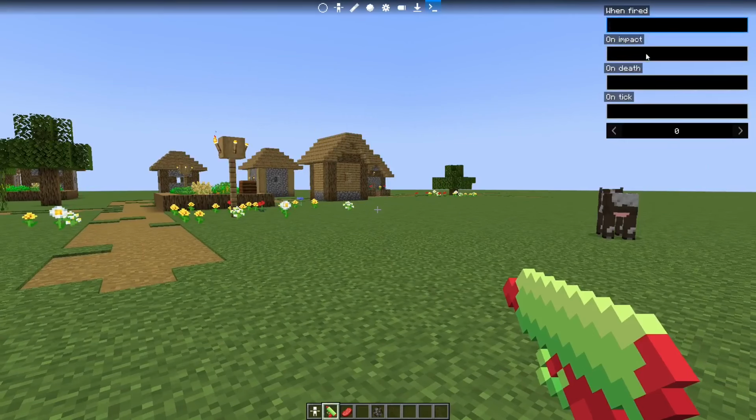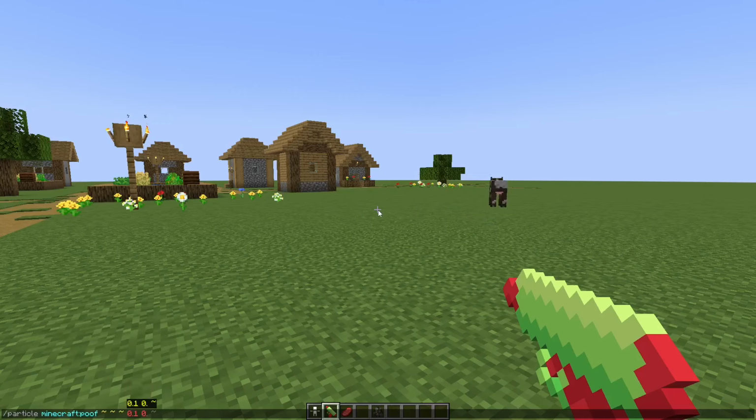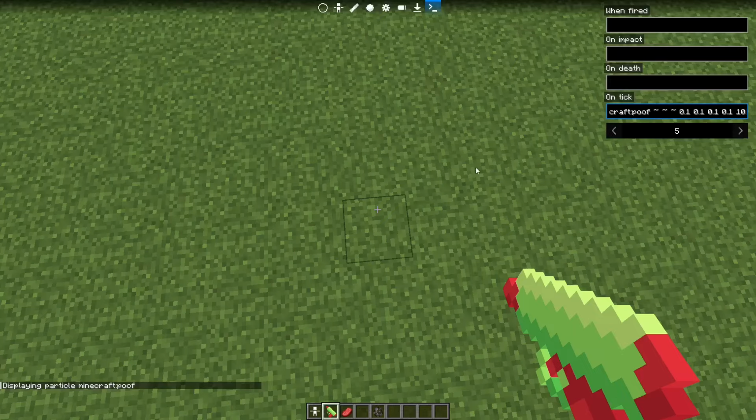And finally, there are commands that allow you to specify commands that will get triggered upon the entity that holds the item. And so when fired, when impact, when dead, and tick. So with tick, for example, if I want to add a trail, I don't know the exact command, but maybe it's poof 0.5, 0.1, 0.1, 0.1, 0.1 speed, then 10. Yes, it works. So if I go and add it to ticking,